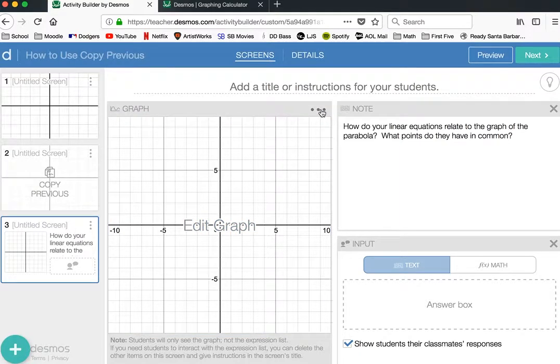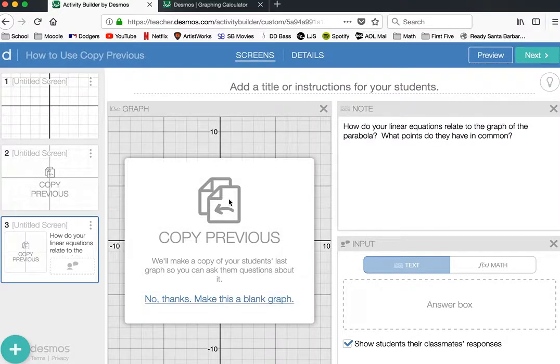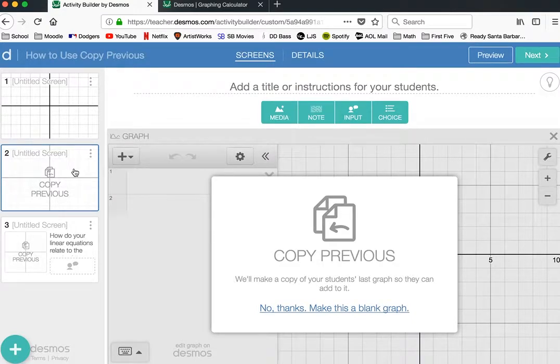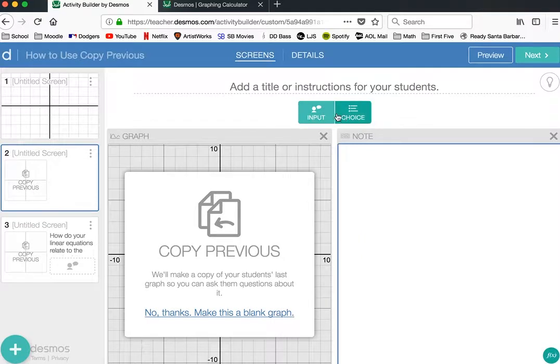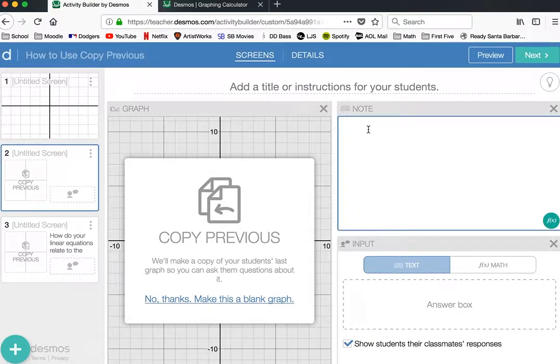And I can now, you see the three dots appear on this graph as well, and I can go ahead and copy previous there. And so that'll bring in the graph from the screen just before it, which is then coming from the screen just before that. Let's add a note and some input on here as well. So it's just the first question maybe I want them to answer is something a little bit more general. What do you notice